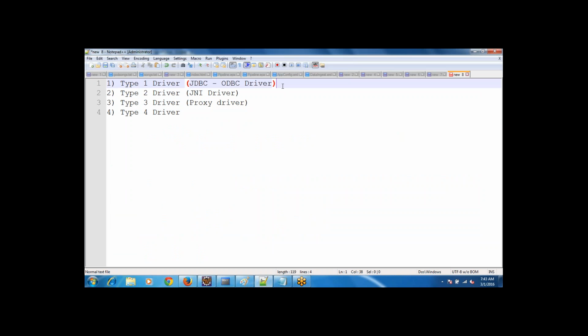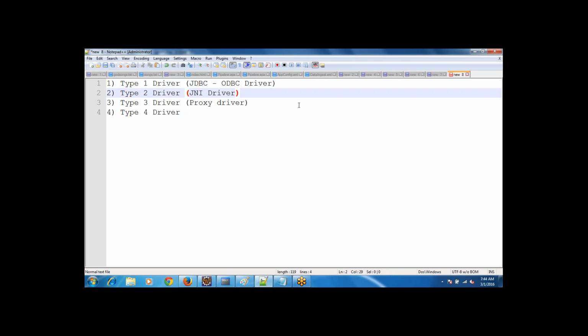This first one is called the JDBC-ODBC bridge driver. The reason is that Microsoft is the company which provided this ODBC driver for us in our operating system. So by default, whenever you install the Microsoft operating system on your laptops or computers, the ODBC driver gets installed. You just need to do the configuration settings and make it available, so that we can start interacting with the ODBC driver. And the second one is